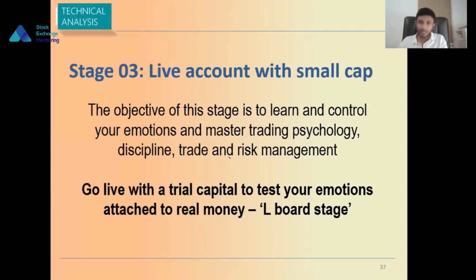Then you can journal yourself, and as a trader, monitor yourself and see whether you are having emotional imbalance when making trading decisions. With a smaller capital, you can learn. Even if you make losses, you are risking a smaller capital. So this is the third stage. If you go through these 3 stages, this will immensely help you to make better trading decisions.